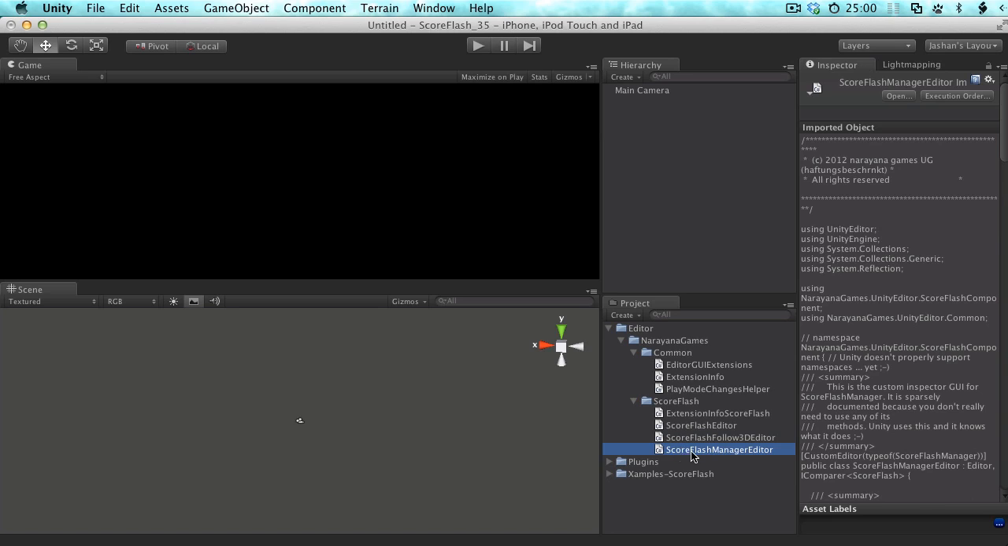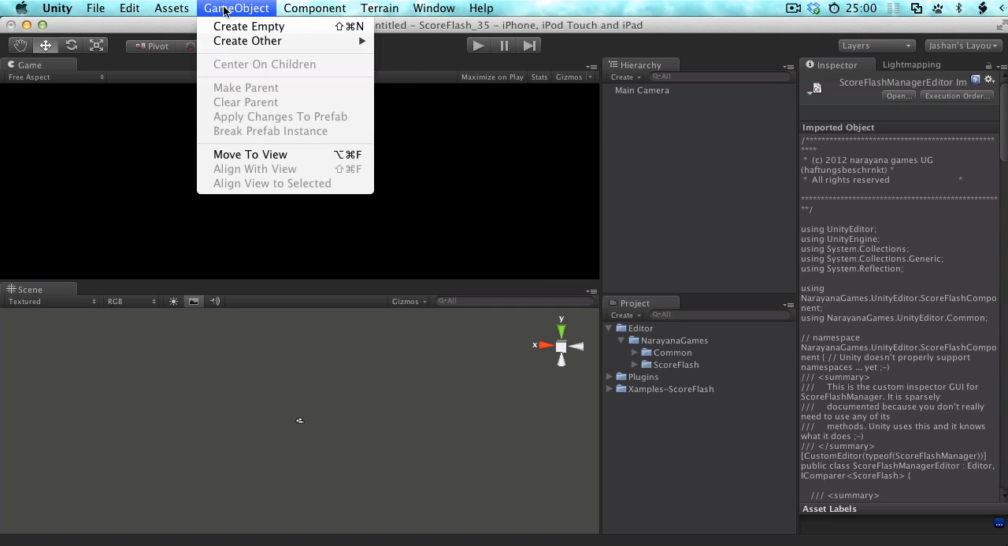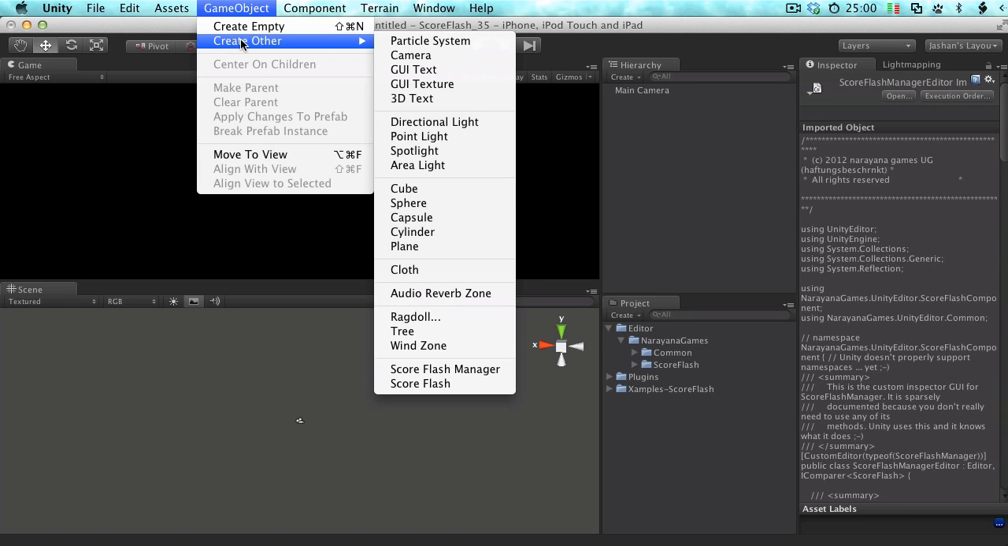I'm not using it in ScoreFlash Manager editor because there's really no changes that you'd want to persist. It's fairly easy to integrate that into your own custom inspector GUIs if you want to. But I'll show you right now how to use those in ScoreFlash where they are